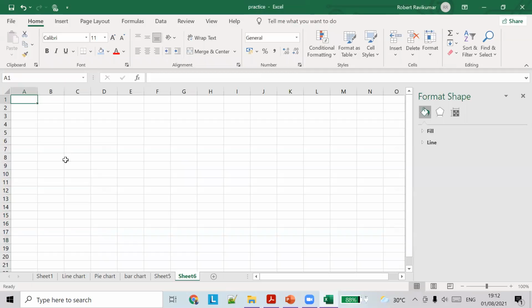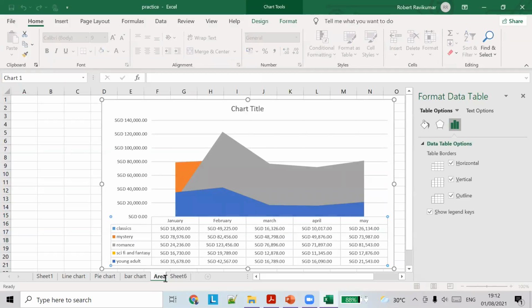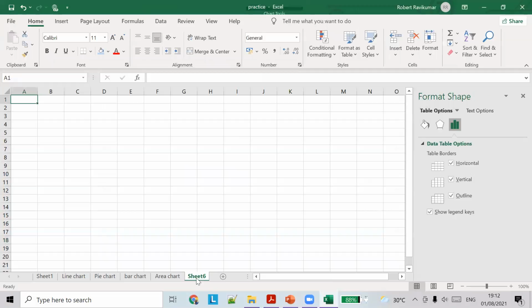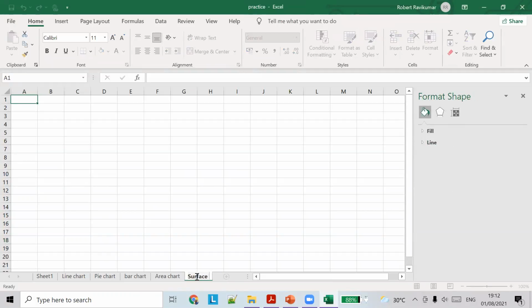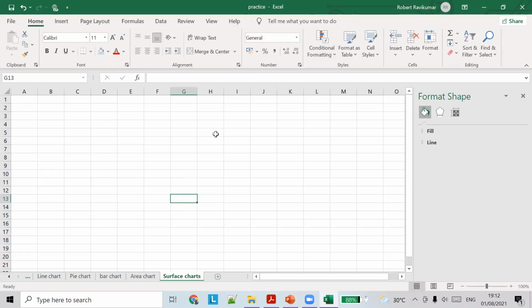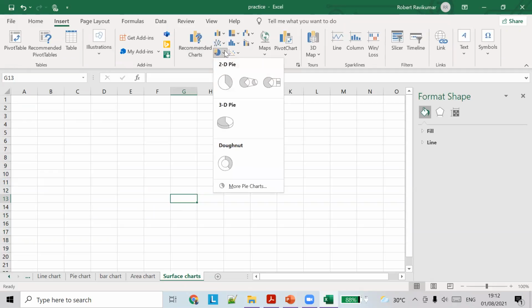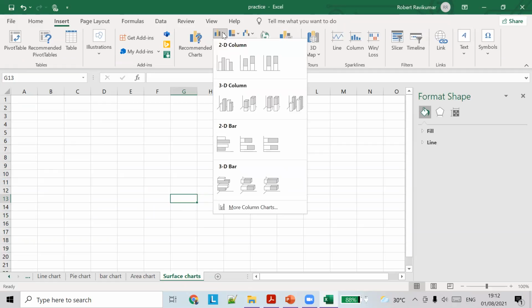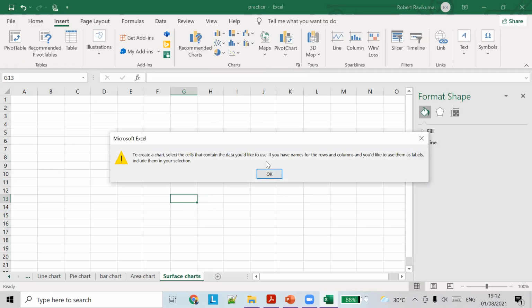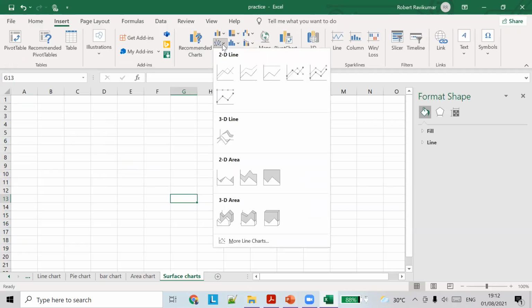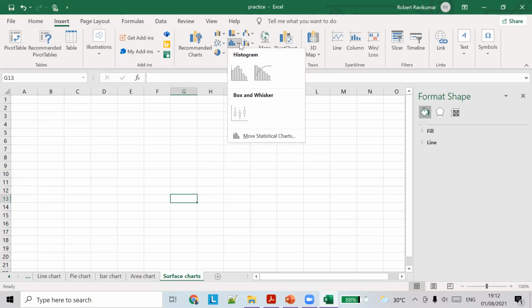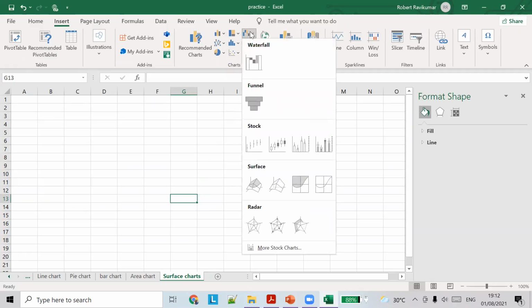Okay, surface charts. Let's try to create surface charts also. Insert. Yeah.